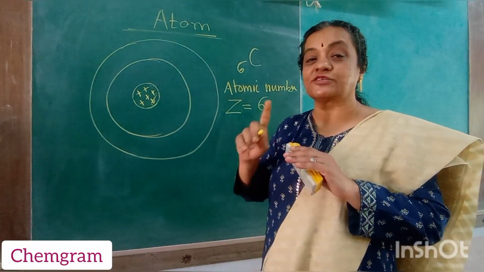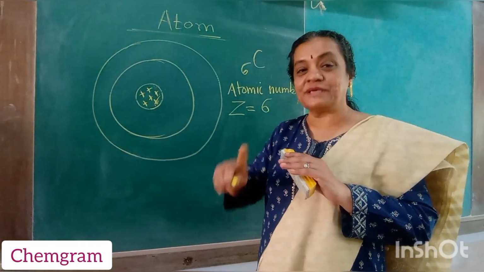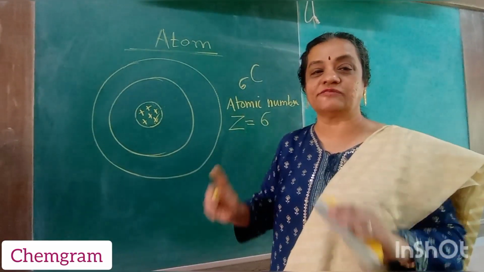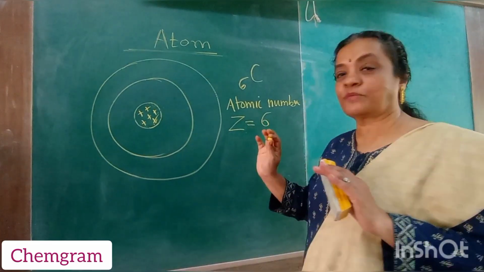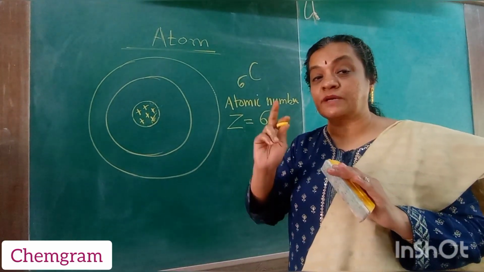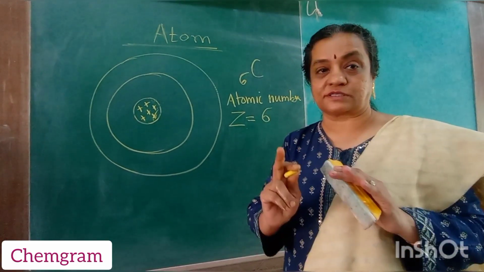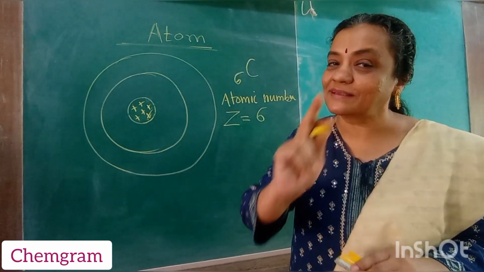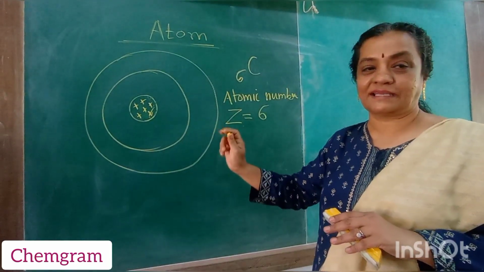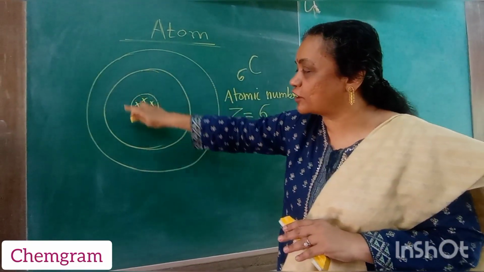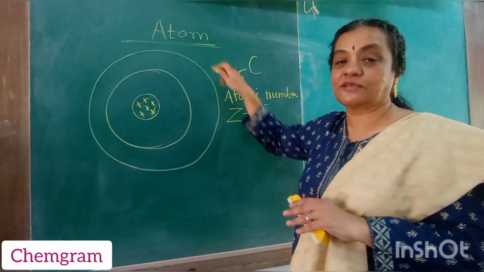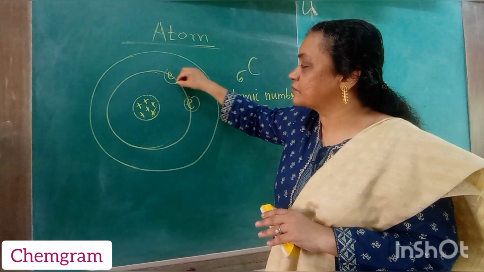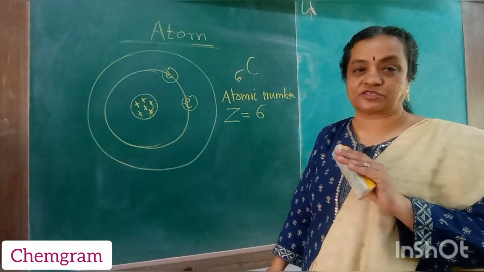Now tell me how many electrons should be present? There should be 6 electrons, because there should be as many negative charges as positive charges. Remember, atomic number talks only about the number of protons. But if the number of protons is 6, then the number of electrons will also be 6, because they have to be balanced. So you are going to have electrons revolving around the nucleus, outside the nucleus. You can have an electron here, and the electrons, remember, are negatively charged.